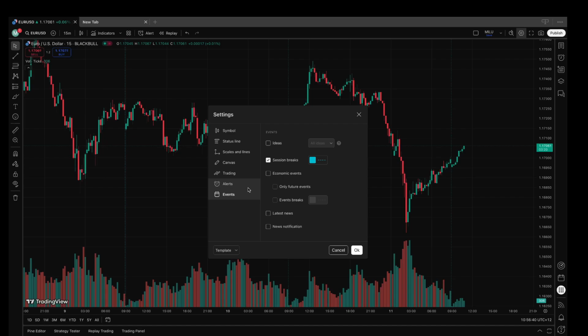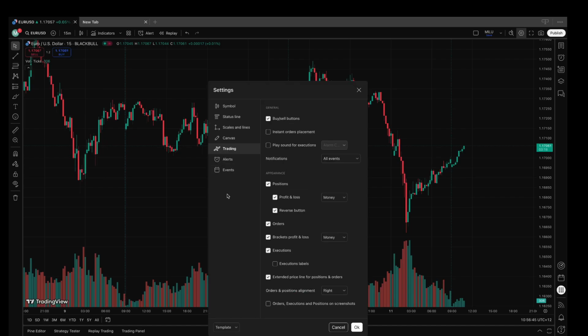Now we're going up to the trading option here. You see there's a trading option. I want you to click on that, and just make sure that you've got these options. We want the buy and sell buttons. We want the positions, profit and loss, reverse button, orders, brackets, profit and loss, executions, and extended price line for positions and orders. We want those all checked, okay? So just maybe pause the video, go through and make sure you've got all of those checked, and then finally